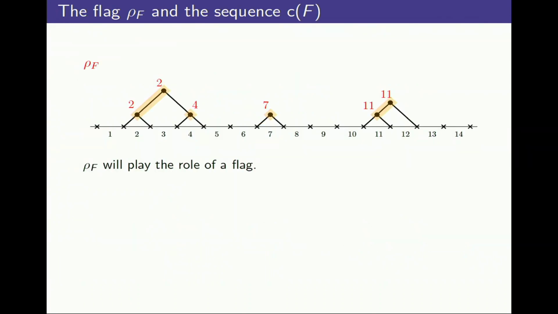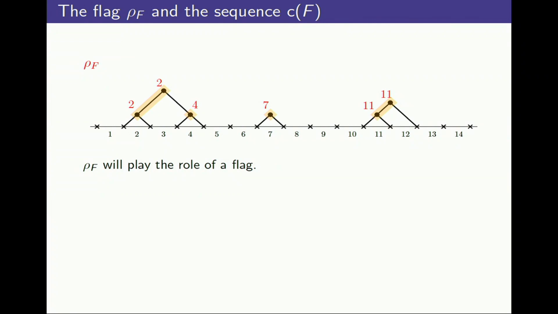There's going to be a flag. So I'm moving towards polynomial land. There's going to be a flag associated with an indexed forest. You look at every node whose left child is a leaf, so this guy, and look at what interval it sits above. That's a 2. And then you go all along to the left and label the nodes along that path with 2s. So this is a 2, and that is a 2. And this has a left child a leaf, label it with a 4. This has a left child a leaf, label it with a 7.